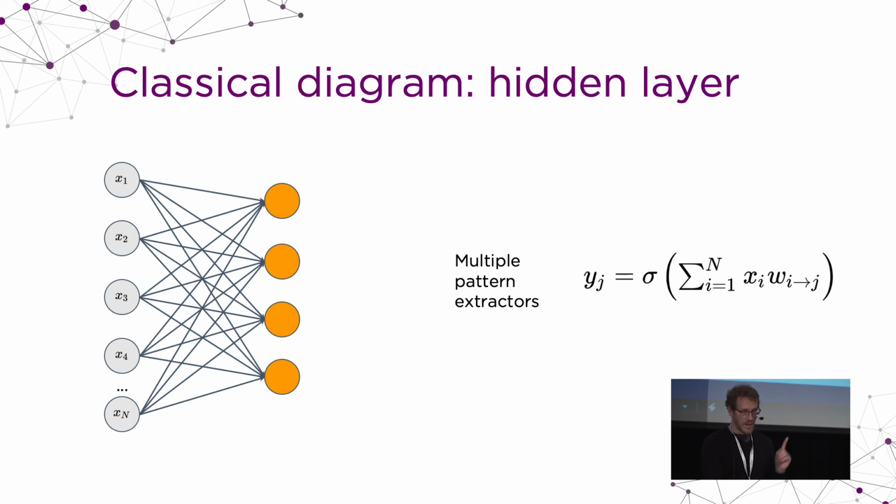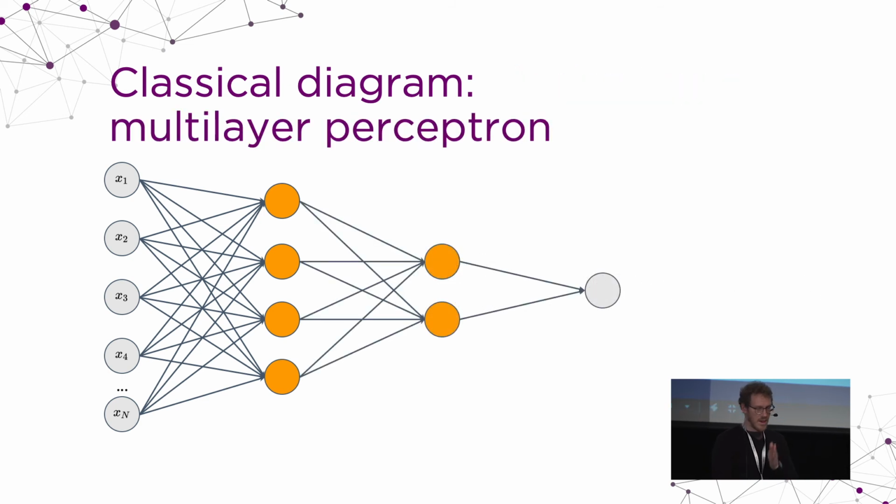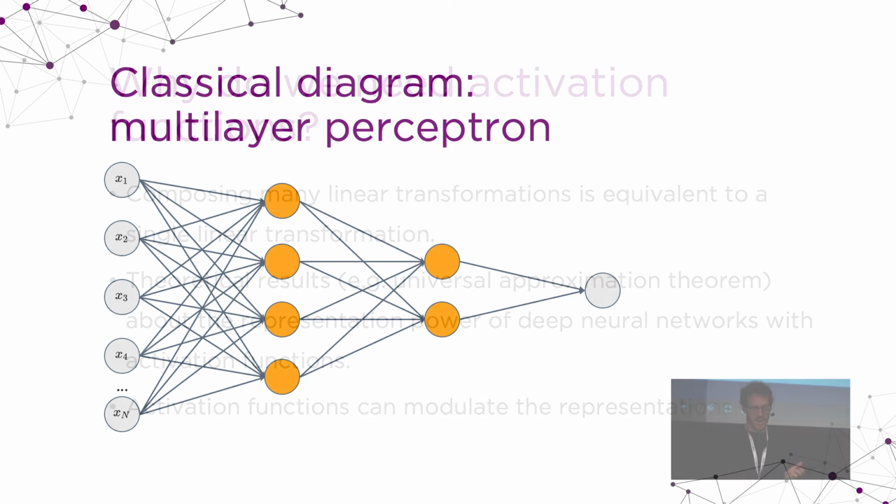But in fact, the universal approximation theorem was about only one hidden layer. With one hidden layer and a sufficient number of hidden neurons, we were able to approximate any function. And so people were asking, why do you want to have more hidden layers? Because we have this theoretical result. It says that one hidden layer is enough to approximate anything. Why do we need deep neural networks? And it's only about the representation power of the model. Having several layers with activation functions makes it easier to learn from the data. And this theorem only